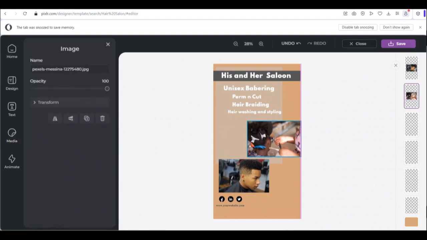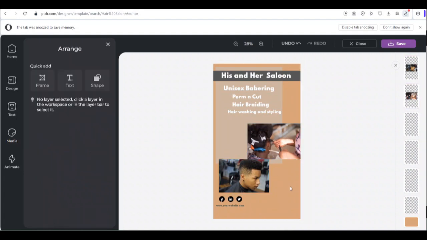Let's push this one a bit up. So you see you have a nice and beautiful picture inserted on your brochure. So this one, you don't need any special graphic design skills as a small business or as a business that wants to grow. So now the next thing we're going to do